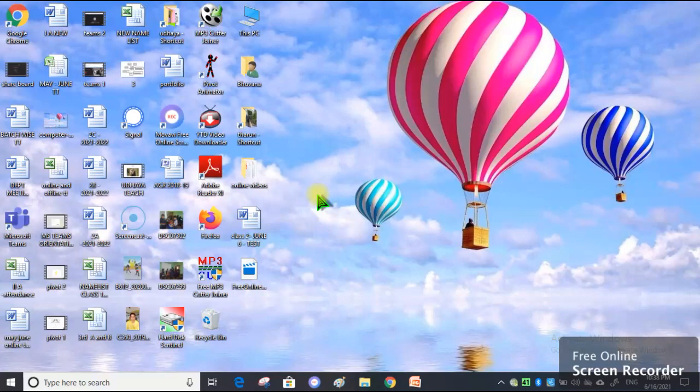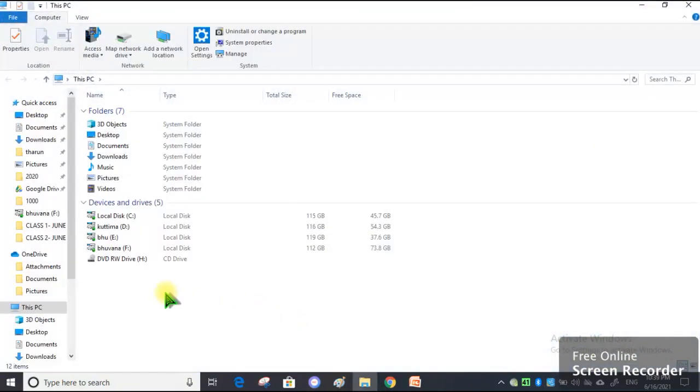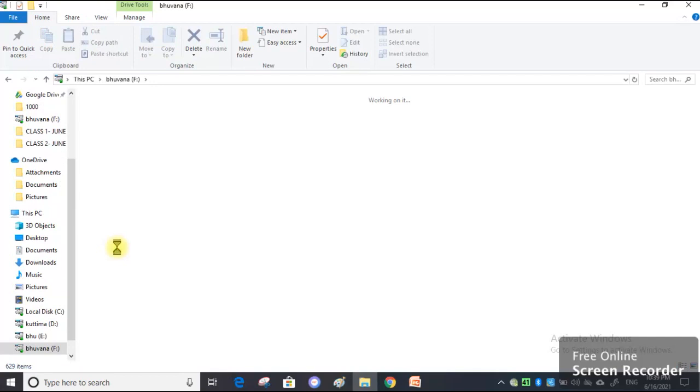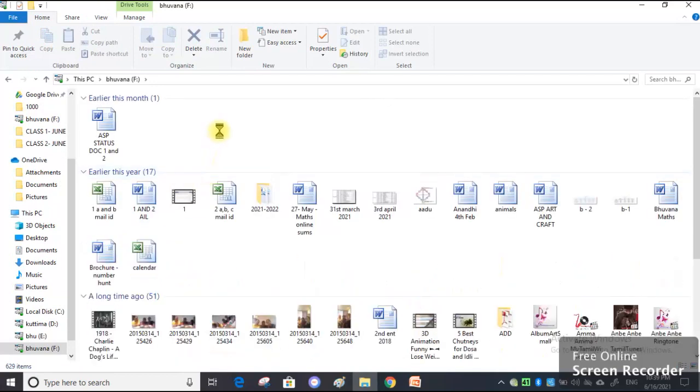But where you should create your folder, go to PC. There will be a computer symbol, click on that. Inside only you have to create a folder. Now you can see some drives. You should not create in the C drive. Okay, D, E, F. So these three, and if you have two drives also, no problem. You should not create in C. So I am going to create in F. So click on the F drive. It's called a drive.